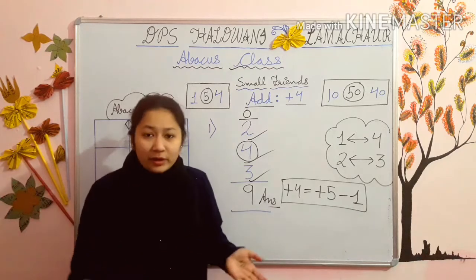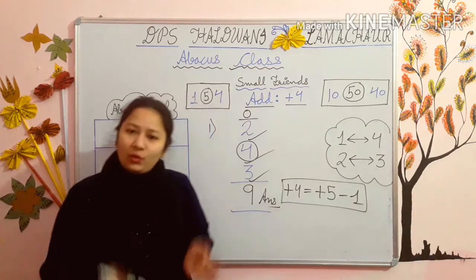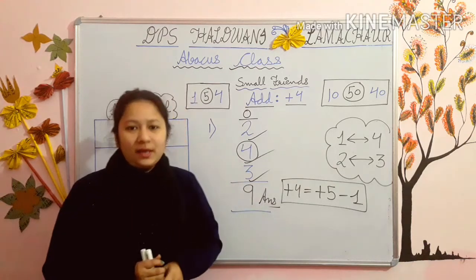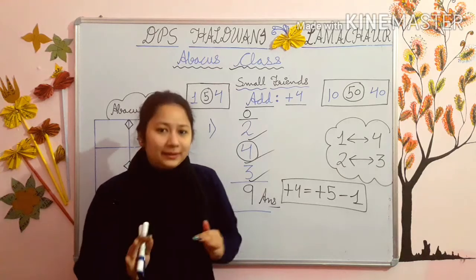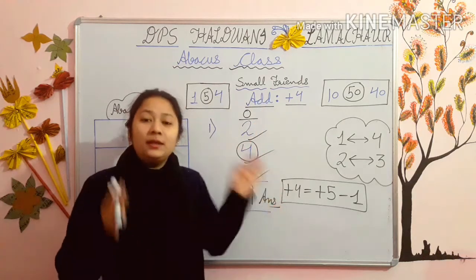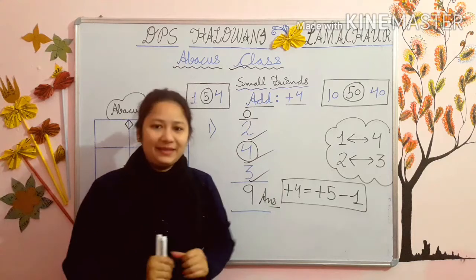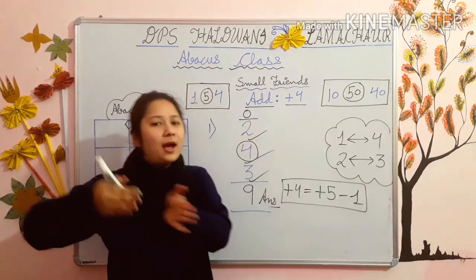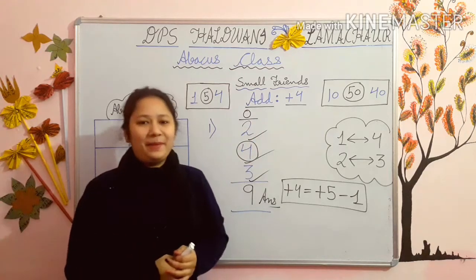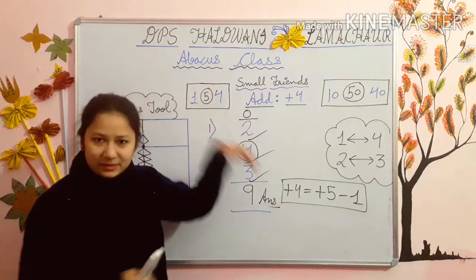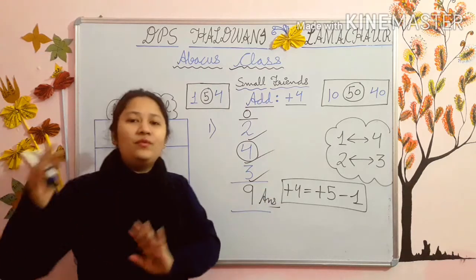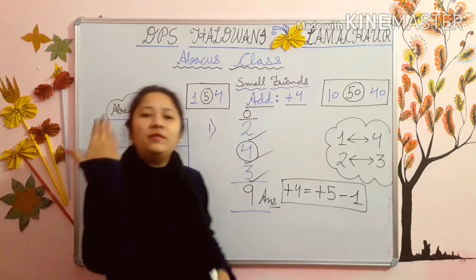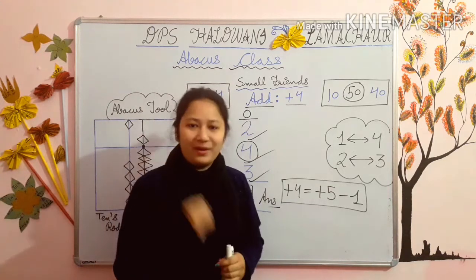This sum we can do orally also. Yes kids, you can do orally. This method I am explaining you first of all in small sums. Because if you can apply the small friends method in small sums, then only you can apply it in the lengthy ones. So first of all, try this method in small sums, then go for the lengthy sums. Now this is the first sum. Now we will move to our second sum. You will get it more.